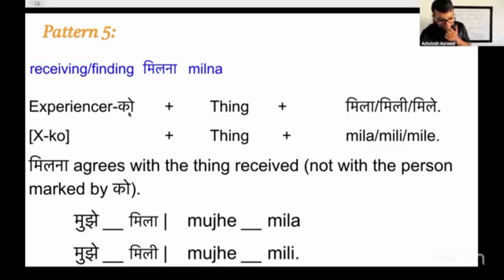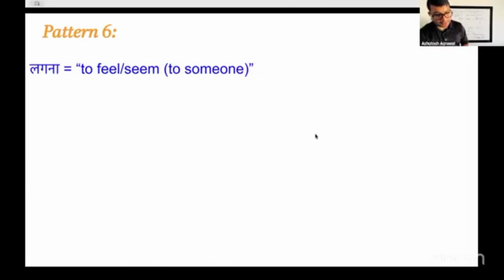If you think that someone will receive the Nobel Prize, you can say the name of the person ko Nobel Prize. What will be the verb? Josh? Mila? I didn't follow you on that one. For future. Oh, yeah, milega. Milega, milegi, or milenge. Okay? So, definitely use it in different tenses. We'll do the last one.